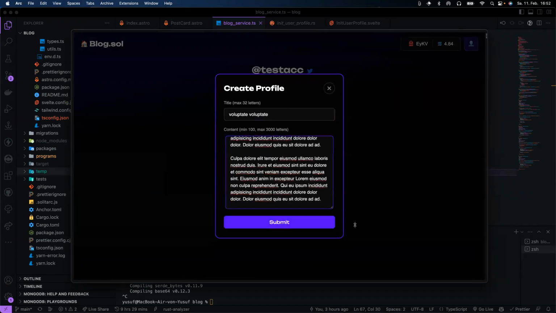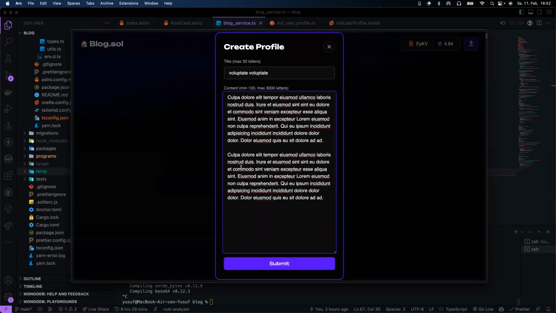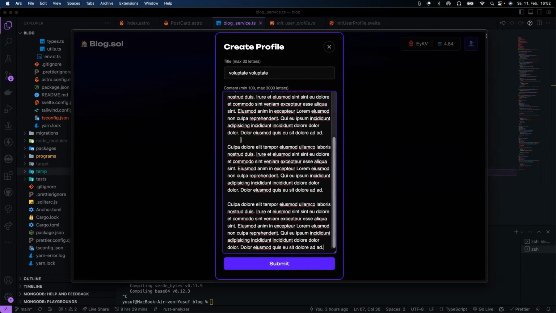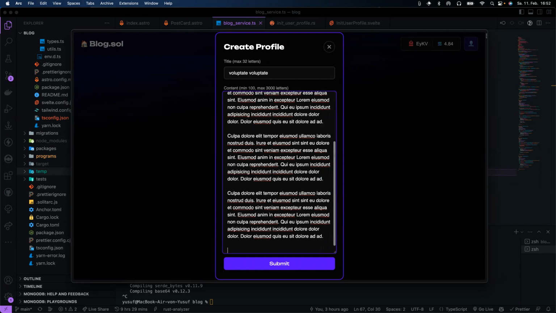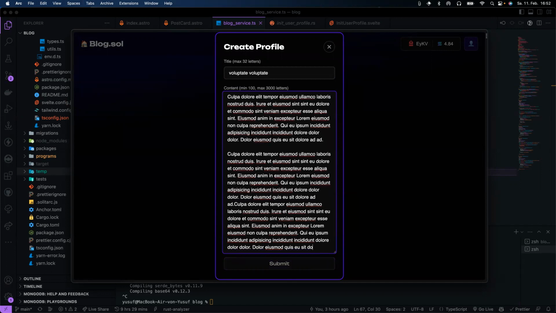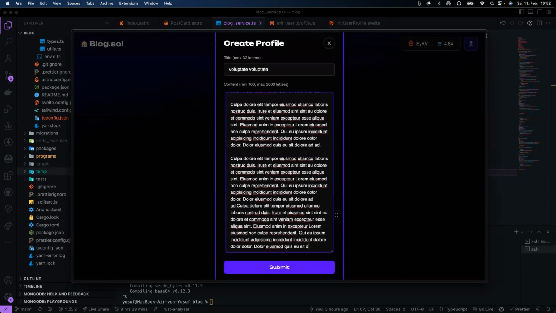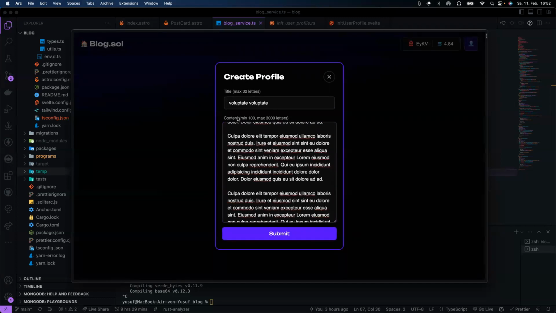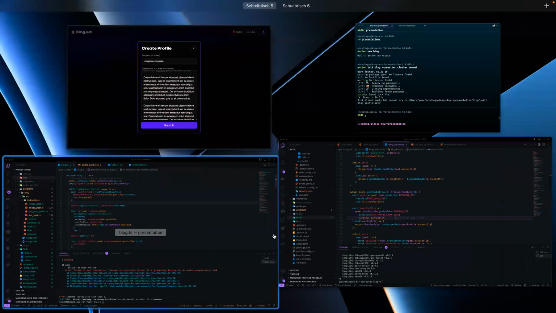This is of course not the ideal way of creating a blog view, because this is kind of small, but for demonstration purposes, I think this is enough for the moment. And now here we write our content, and the maximum is 3,000 letters, and we will also be limited at that, so we can't go further if it is over the limit. Now we can submit this, and as you will see in a moment, hopefully,